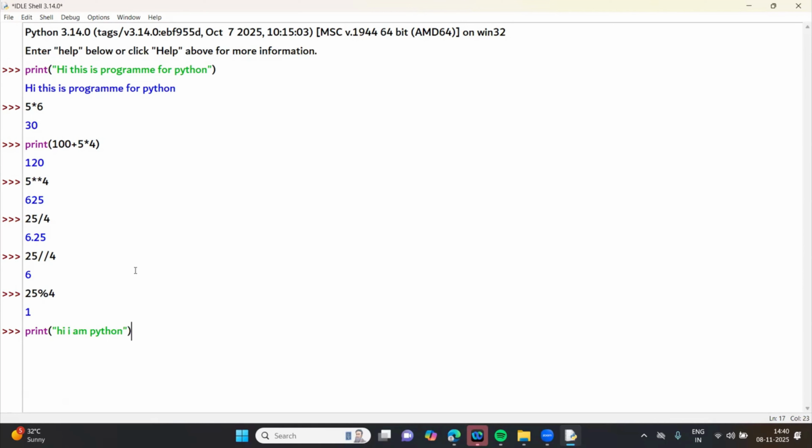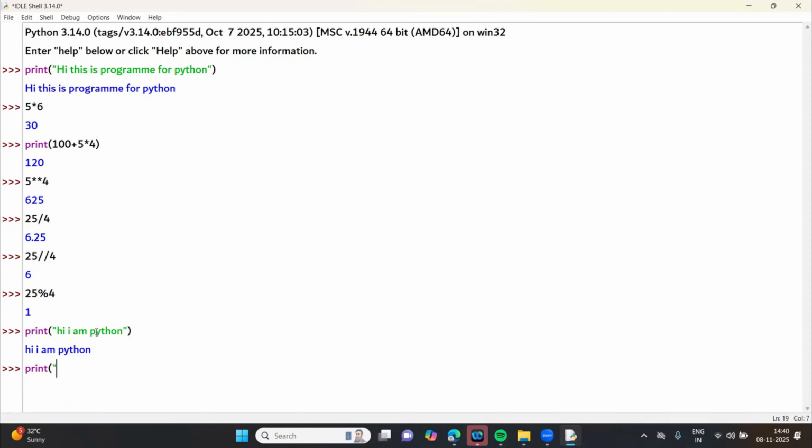And here simply we are running this program. Okay, it is written. But if you want to change line, because it is an interpreted language, you will get code line by line, right? Let's suppose you want a new line from this "I'm Python". So in that case, what you can do, you need to write print